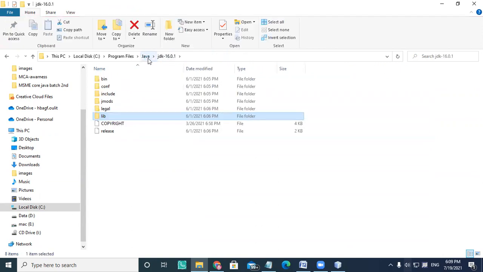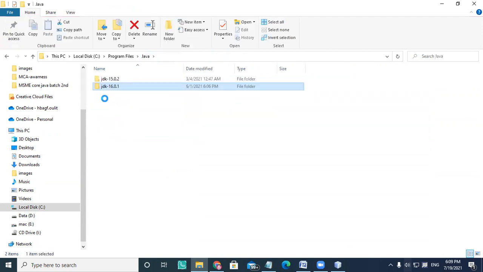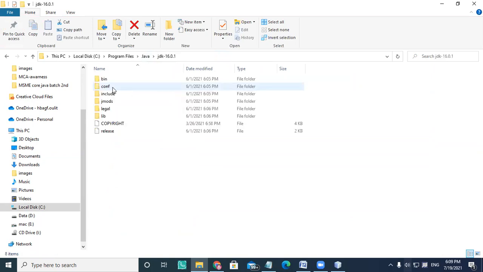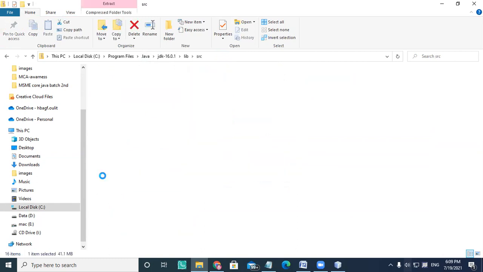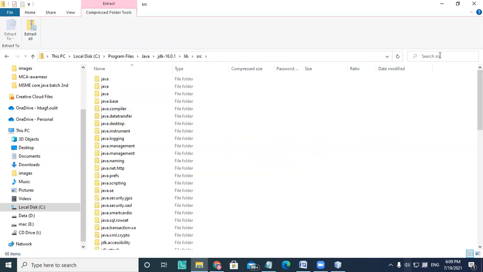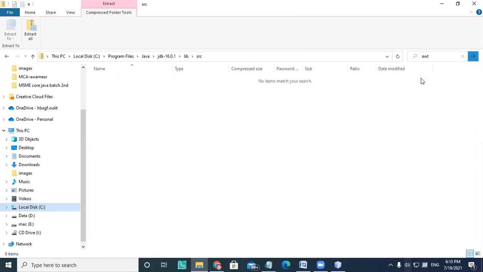What I'm going to do here, I'm just searching my src here, and inside that I'm going to search the folder called AWT, the Abstract Window Toolkit, or I want to search for swing here.